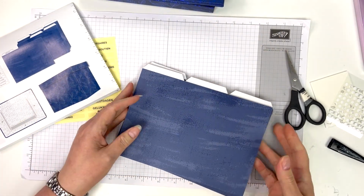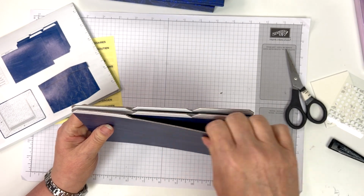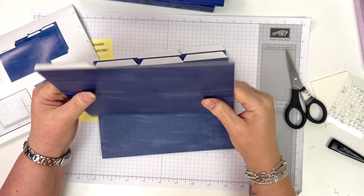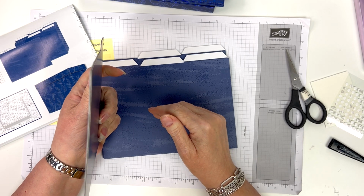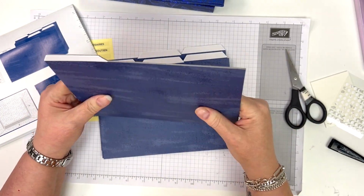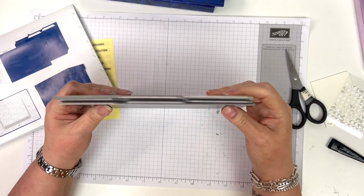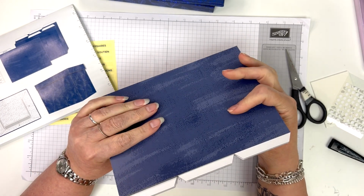Ooh. So they're saying, wow, these are really thick dividers. Look at that. They're heavy box board with some thick coating on it. It's very sturdy. See that? This thing's gonna last. Will last you. So